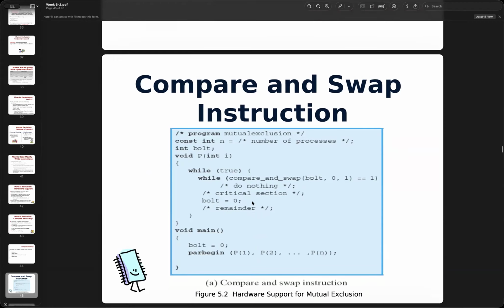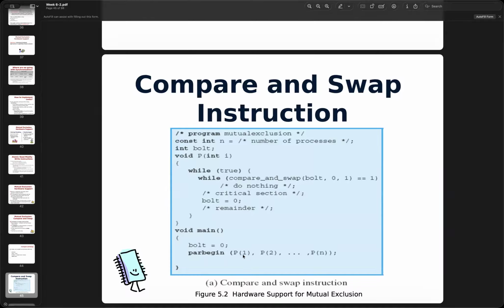You see the functions here, and more importantly we care about the design of the structure, how we make sure the entire session is protected. For the rest we don't really care. We have the main function, and we set the bolt equal to 0, and then parbegin.